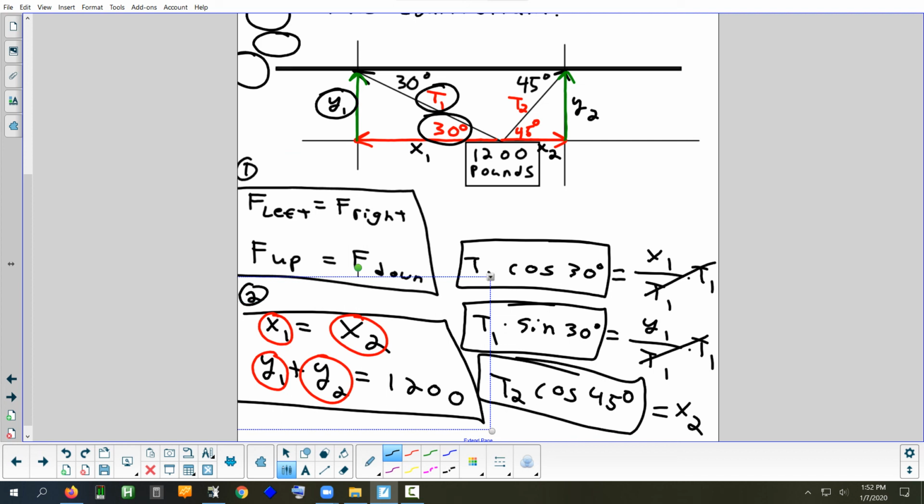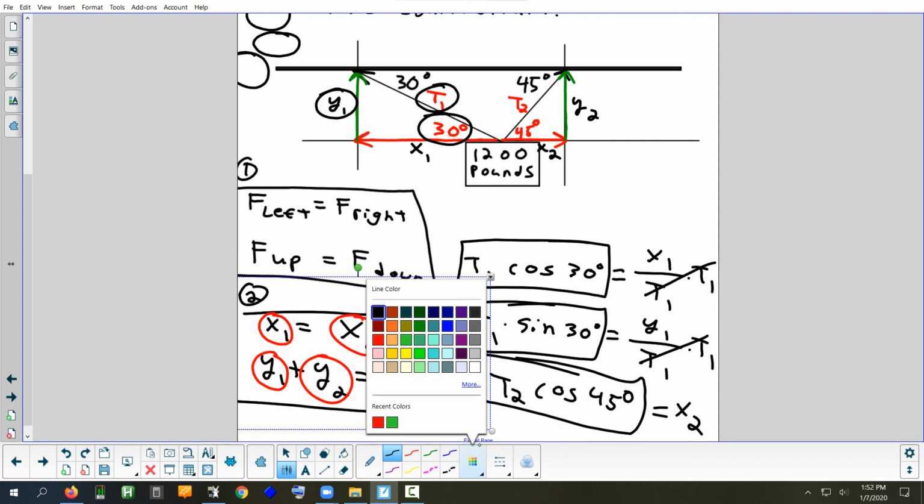And I just look at the picture and I say, okay, all the x's are going to have cosines. What's the angle? Oh, 30. All the y's are going to have sines. What's the angle? Right? And I look at, 45. It depends on which triangle you're doing. 2 of them are going to be 30s. 2 of them are going to be 45s. Right. So how about